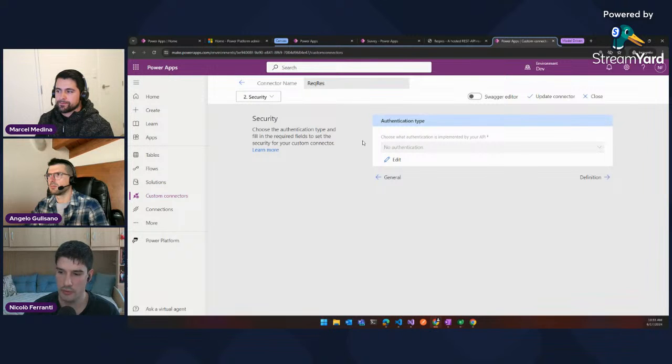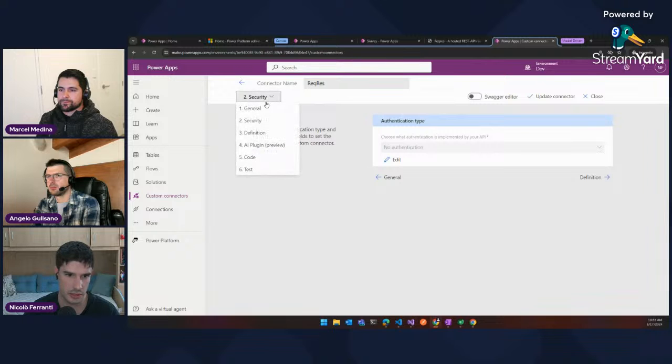And this is an important aspect, because when you want to use this custom connector in your application, you have to create a new connection, which has a connection reference with any information regarding the token, stored in the Power Platform architecture, let me say. And in this case, as I said, it's not necessary to specify a particular authentication,